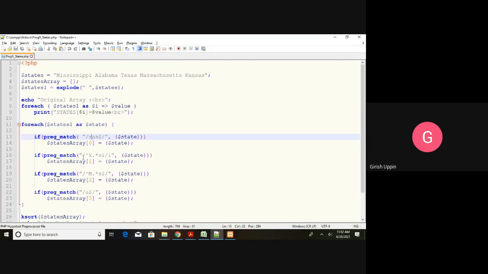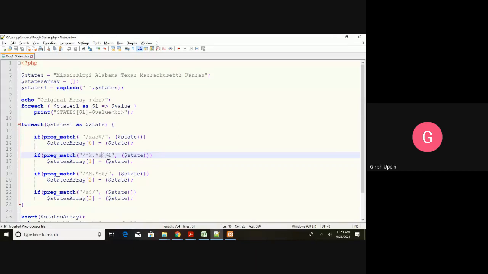Then again, preg_match. This is the pattern I am giving. You can see here I have a caret sign. What is the caret? Beginning with the character K. Whatever word is given, it should begin with the letter K. After that, the dot represents any character except white spaces, and the asterisk means there can be 0 or more occurrences.